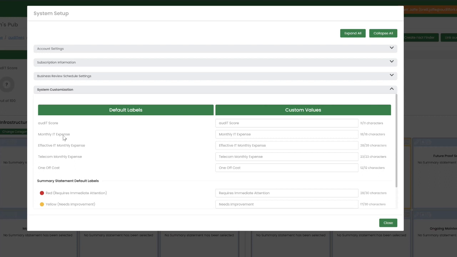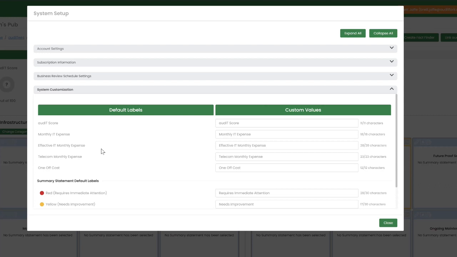in your audit report. But the one-off cost really rounded everything out, because a lot of our users no longer show a proposal when they're showing the audit report, right? So the one thing that we were missing, and why we put this in there, was the ability to show that one-off cost. So if you have your proposed audit and you show that monthly IT expense, right, of exactly what it's going to be to move forward, we didn't have a way on the report to show this. So now, right, you have the ability to do that. So if you're charging any kind of upfront hardware costs, a project fee, implementation fee, that is now on the